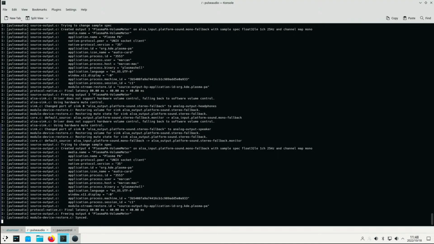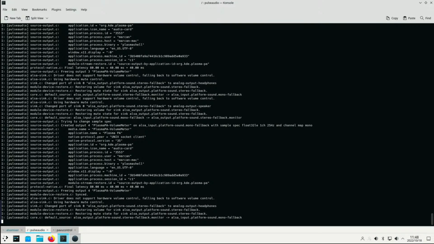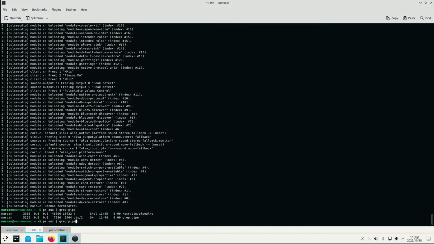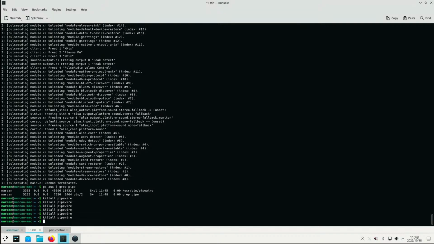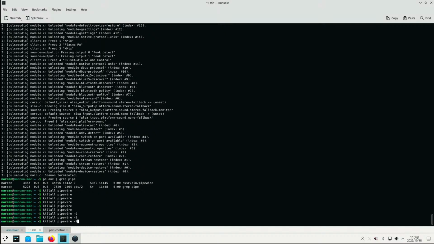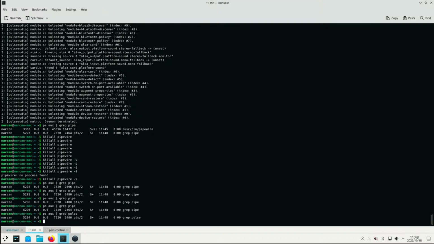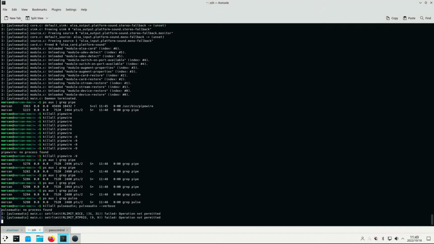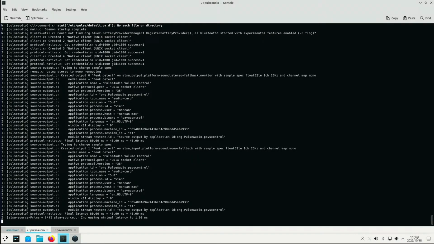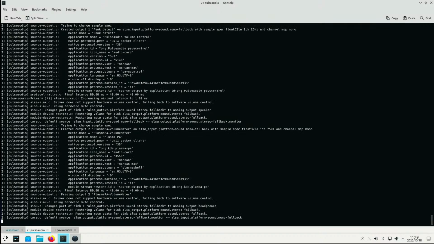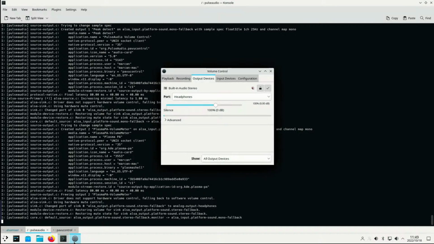KDE is not responding to the hot plugs, and I wonder if I'm messing things up here. Why is PipeWire running? I mean, I think that's fine, because that's supposed to be not doing the audio thing, but I wonder if that's part of the confusion. Clearly something's not working here, and it's broken in a different way to the